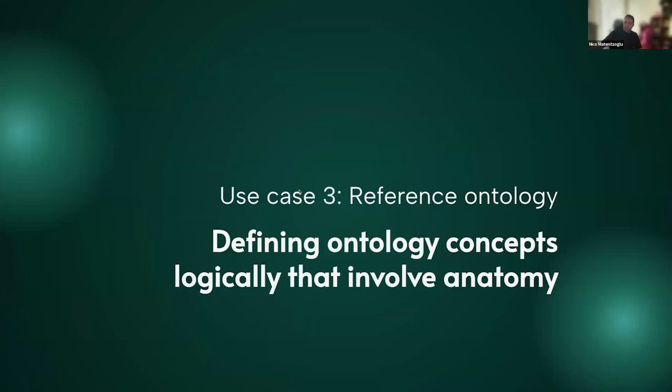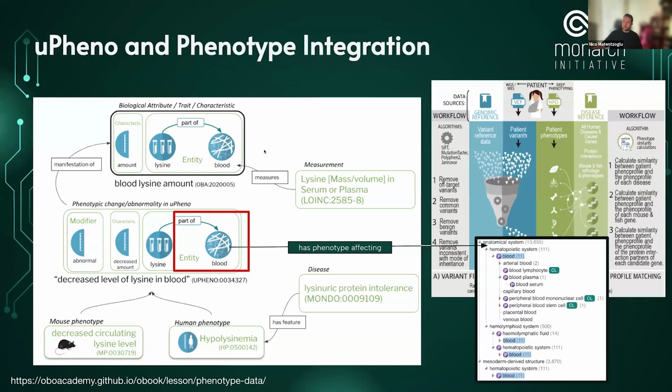All right, the third use case, and I know we are going towards the end, so I'm going to browse through this quickly, is defining ontology concepts logically that involve anatomy. Here, what I want to sensitize you towards a little bit is, we've talked a lot in recent sessions about eupheno and phenotype data integration, and one thing that I want to point out and make us remember is that eupheno is amazing, the efforts we are doing are amazing, but the fact that we can integrate a lot of phenotypes across species stems in no small part from all this integrated